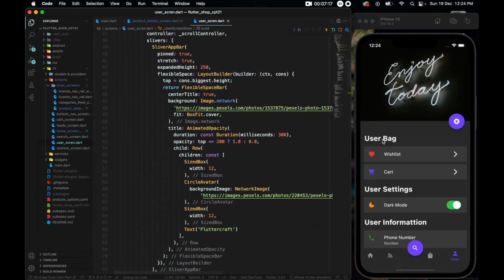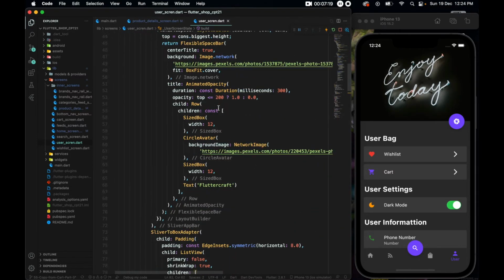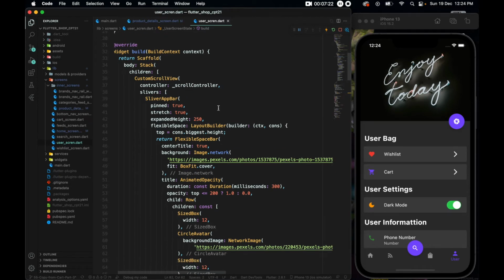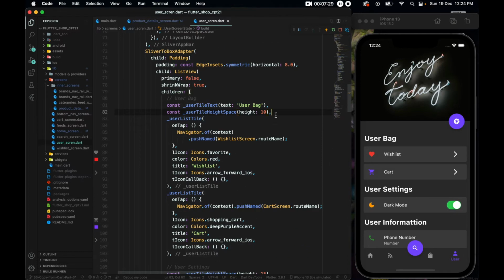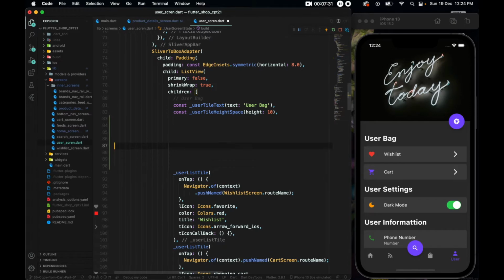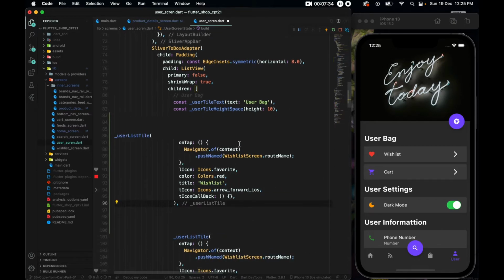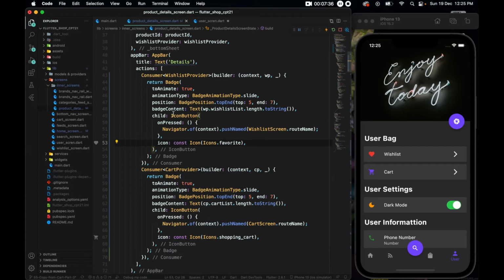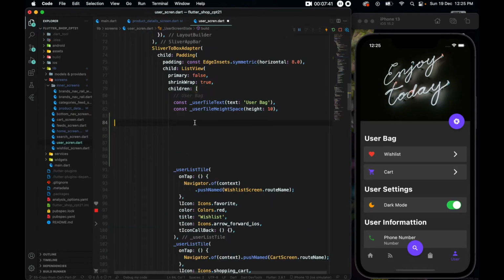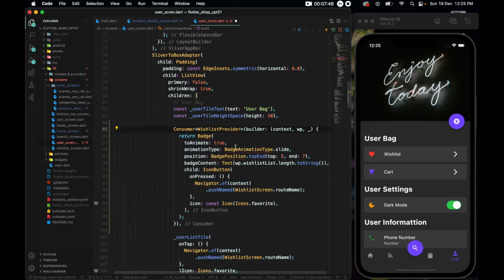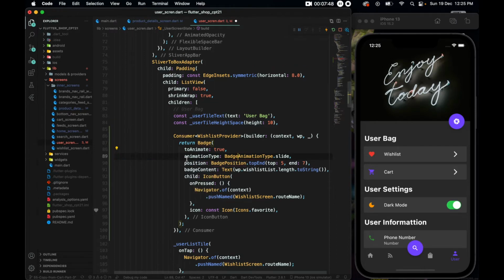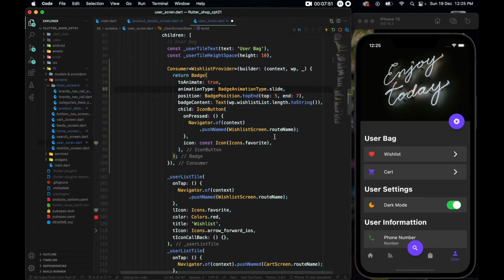So we are in the user back section. And where is our user back? Alright, so here's the user back. For the user back, let's paste the consumer. Copy it from here, paste it here. We need to use the wishlist provider. We need to use the badge. And as a child,